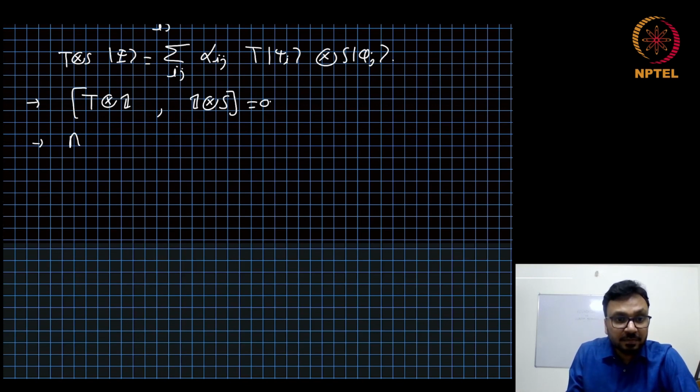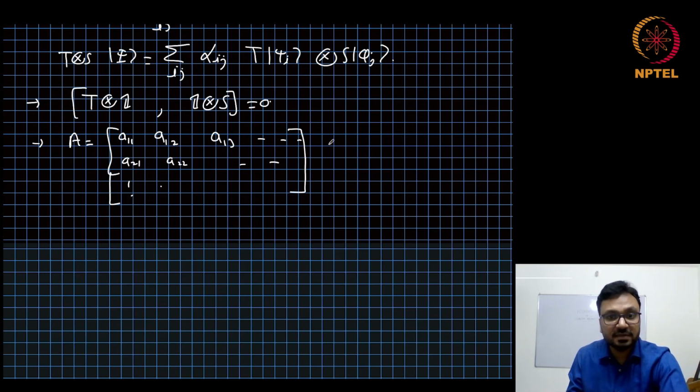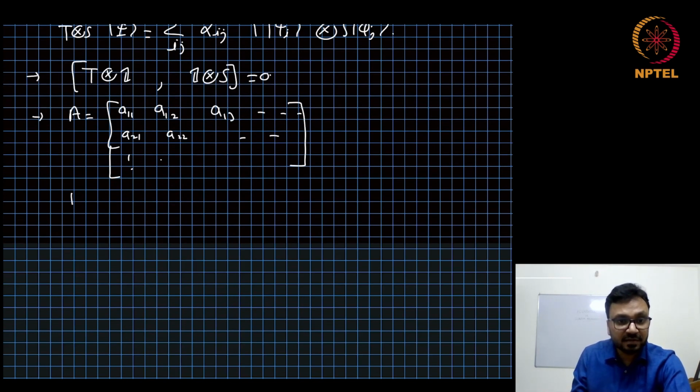If we have operator A, and the elements are A11, A12, A13, A21, A22, and so on. We have an operator A with these elements, and if we have another operator B with elements B11, B12, B21, B22, and all these elements, then